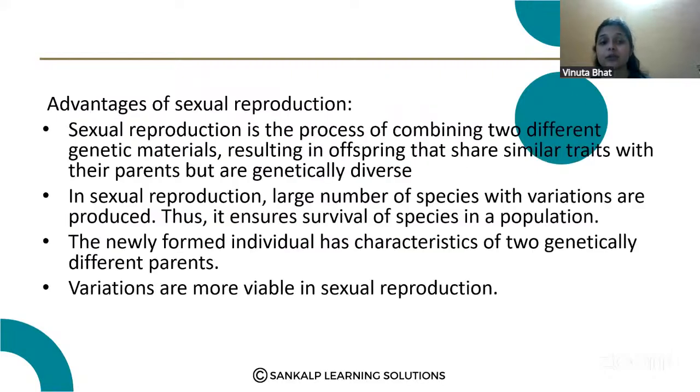Here, the advantage of sexual reproduction is the combining of two different genetic materials, resulting in offspring that share similar traits with their parents but are genetically diverse. So they are similar to their parents, but they have genetic differences compared to their parents. A large number of individuals with variation are produced, and it ensures the survival of the species in a population. The newly formed individual has characteristics of two genetically different parents, and variations are more viable in sexual reproduction,